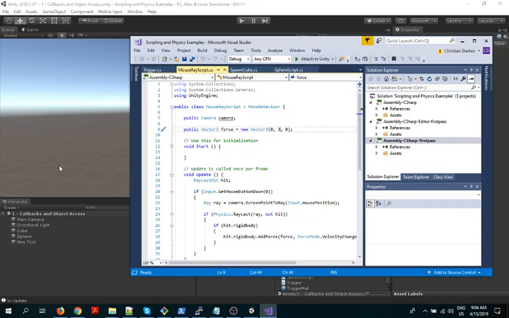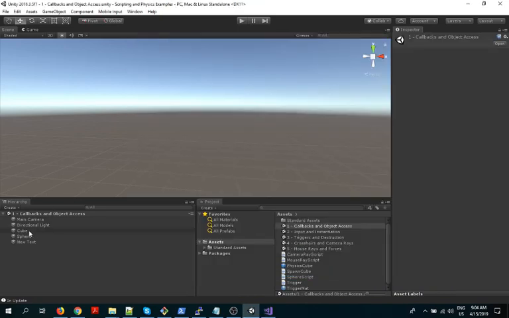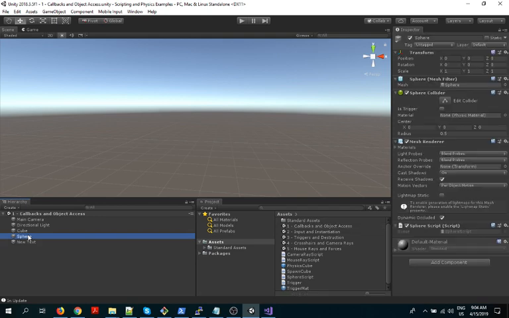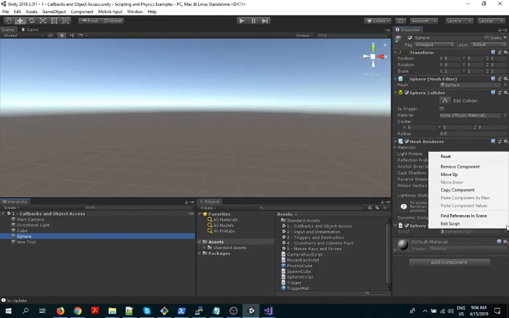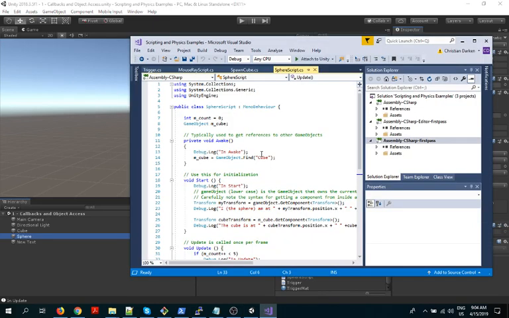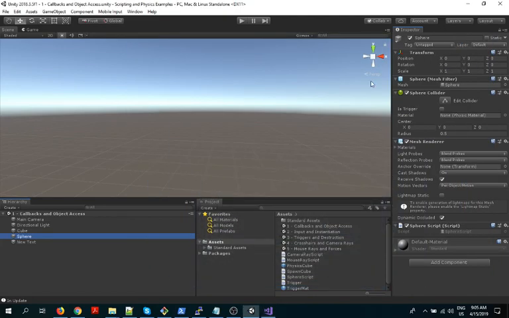Now, here is a specific script. So let's get oriented with that. It is, I have no idea actually what it is. Let's work out from the sphere. I said it was on the sphere, so if we look over here and I click on the sphere, we see that, okay, here is the script. Okay, and you can click on here and say edit script, and there is the sphere script. Okay? All right, so what's it doing? All right, so that's always nice to see what the script is actually doing.